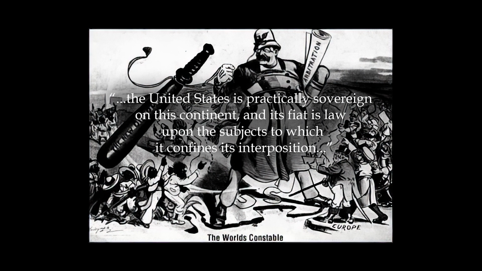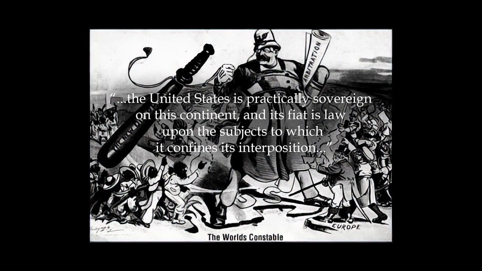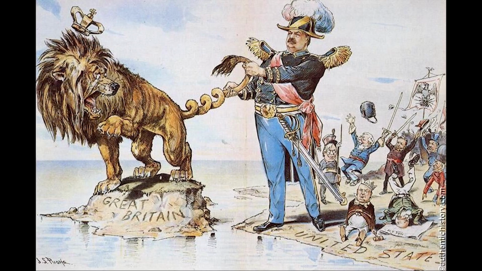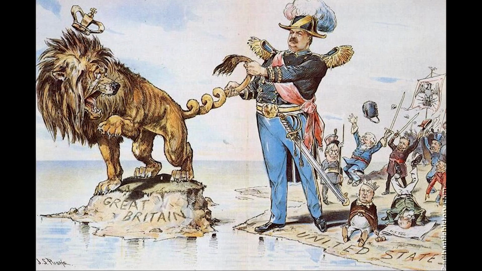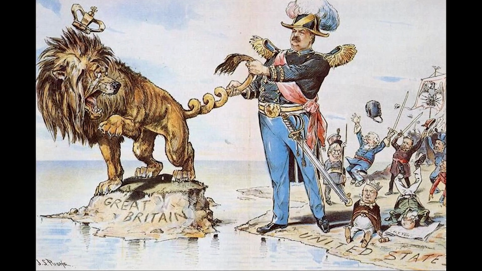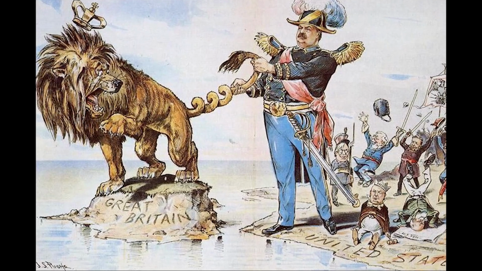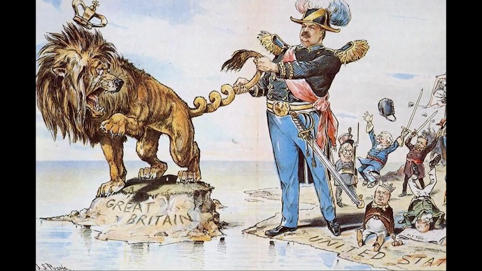Understanding these concepts is crucial for grasping how the United States viewed its position in the world at the turn of the 20th century and the implications for its neighbors in the Americas. Britain yielded to American demands. Britain was not intimidated by Olney's boldness, but it had interests to defend in other parts of the world and did not want to get mired in a conflict with the United States in the Americas.